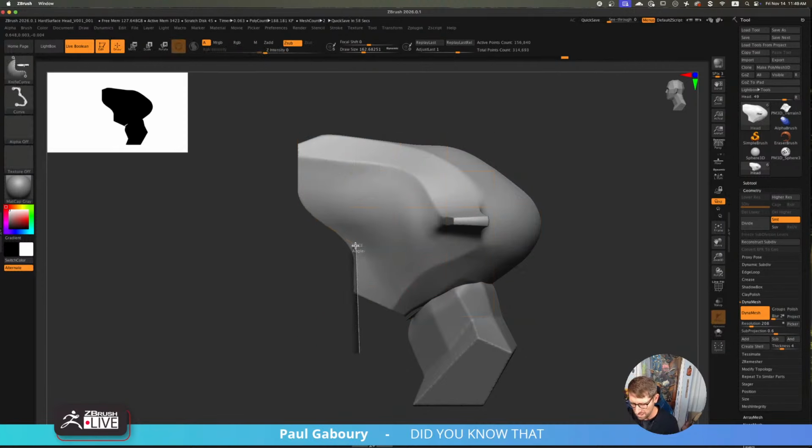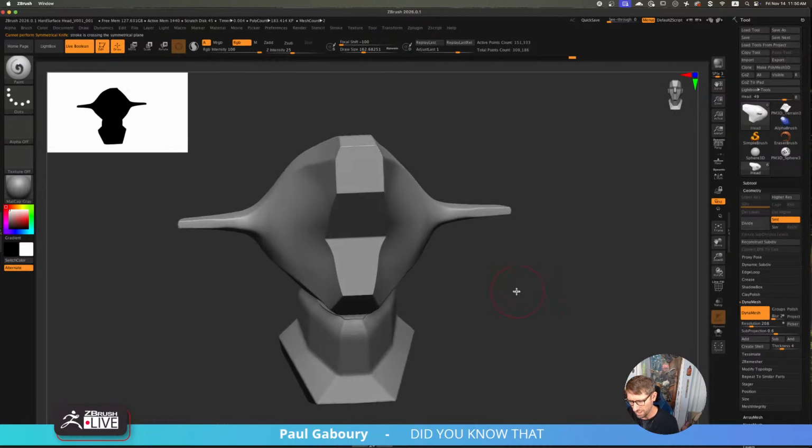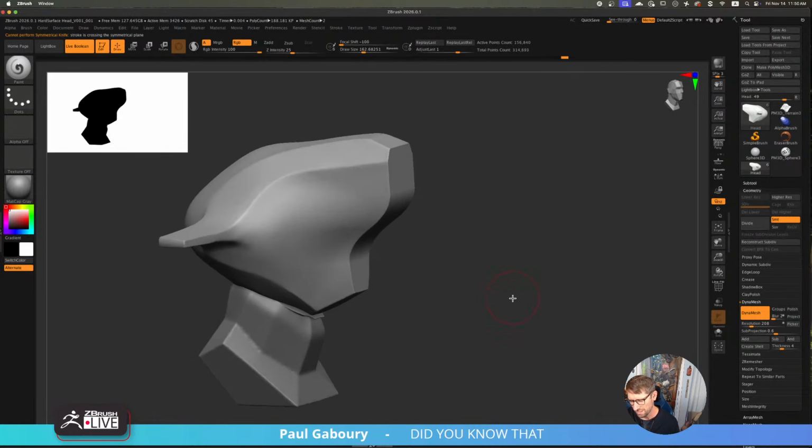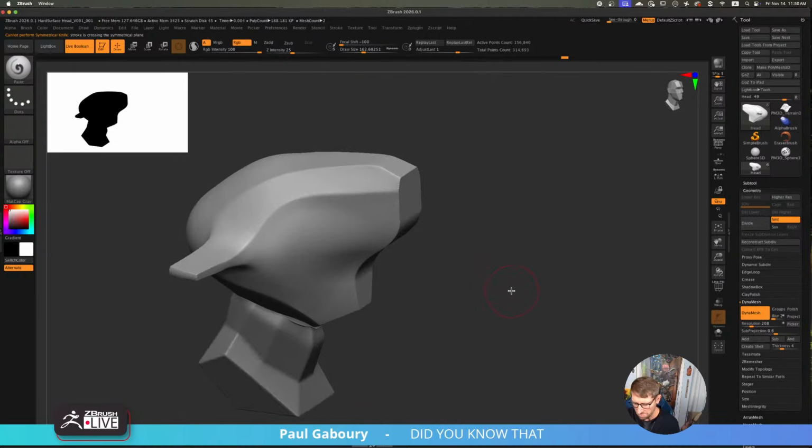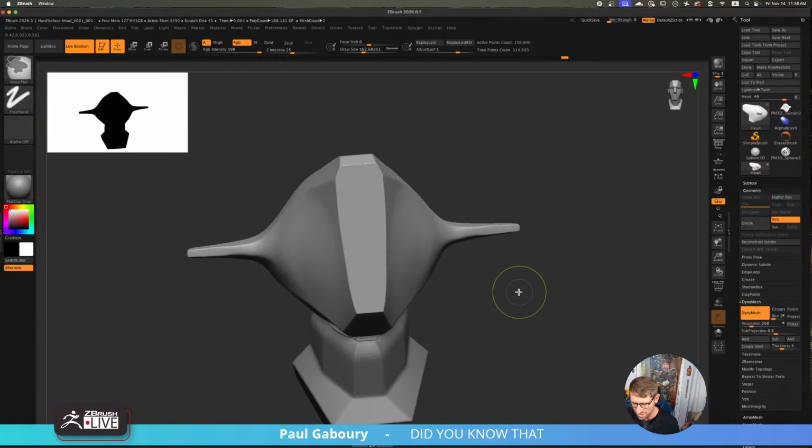And now maybe this would be more interesting if I actually made it sharp instead. Do I prefer that silhouette when I'm looking at that view, or do I prefer this silhouette? All right, we got something interesting going here.